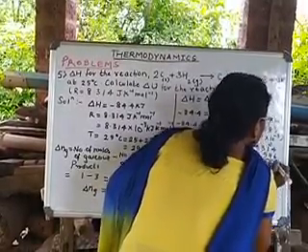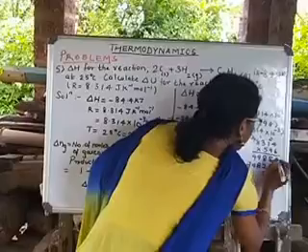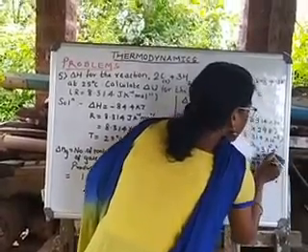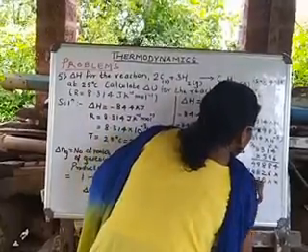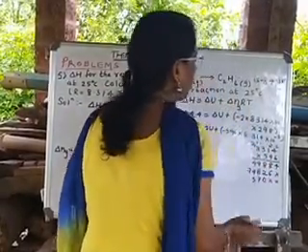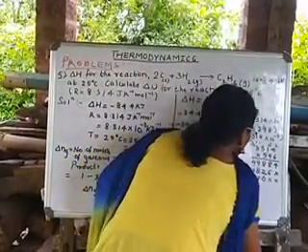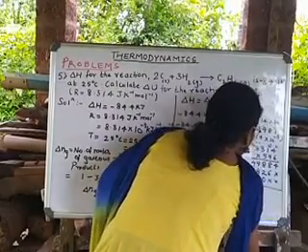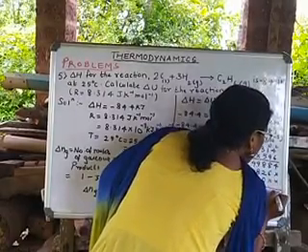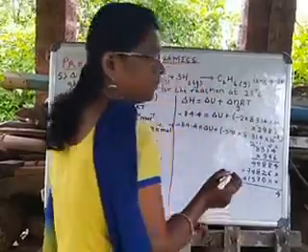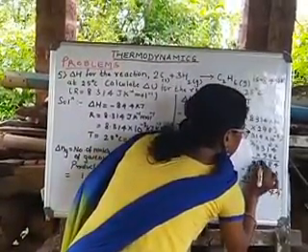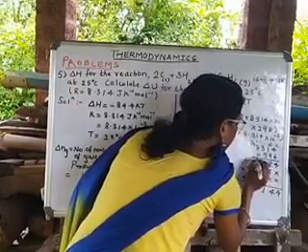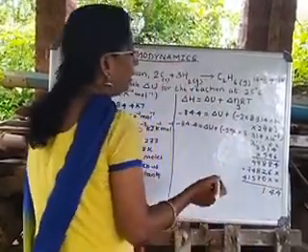And the last multiplication: 5 4s are 20, 5 1s are 5 plus 2 is 7, 5 3s are 15, 5 1 carry, 5 8s are 40, 40 plus 1 is 41. Now we are supposed to add all this. This will be 4, 8 plus 6 is 14, 10 plus 1 is 11, 10 plus 8 is 18, 18 plus